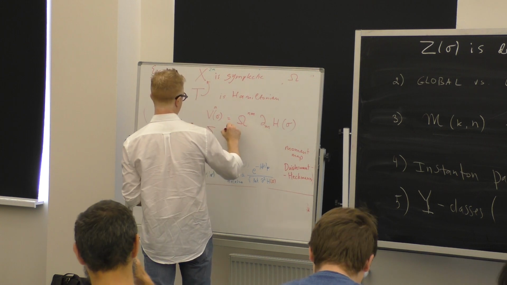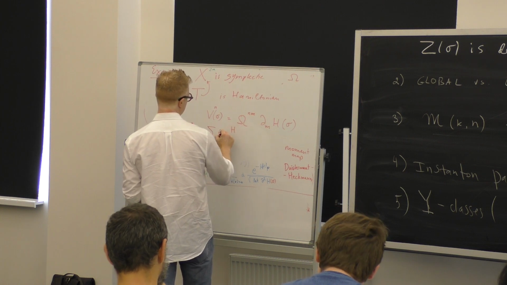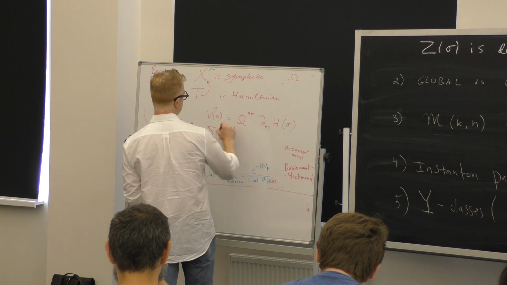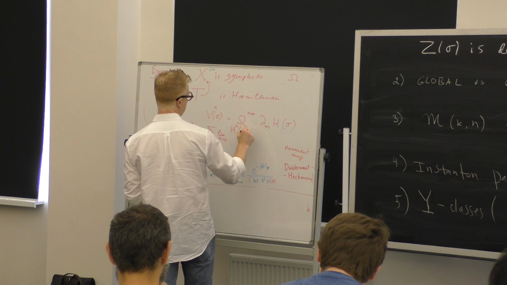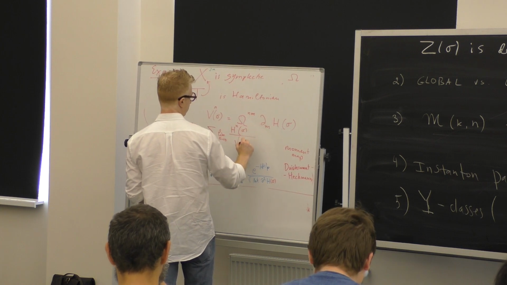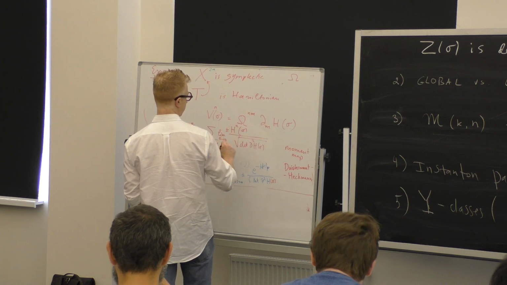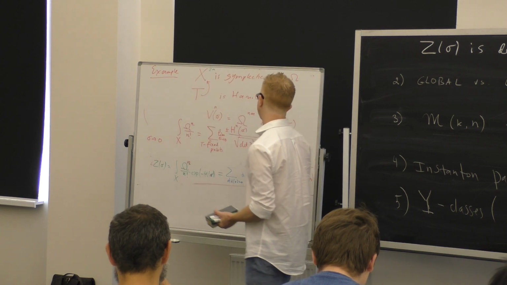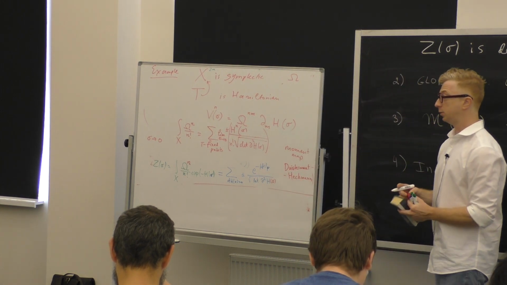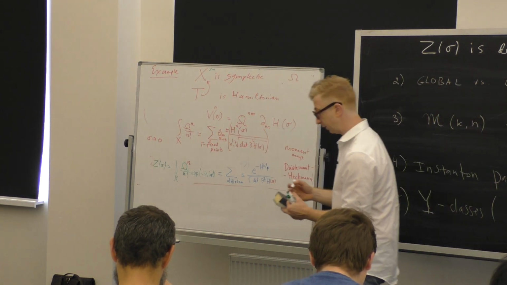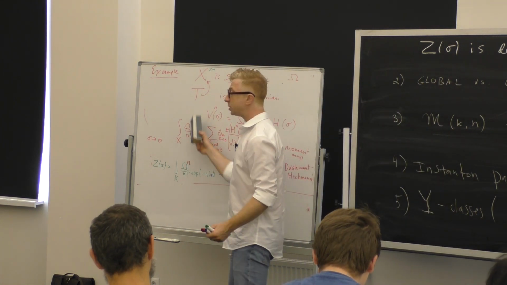And when you do things carefully, you will see that there's some limit when sigma goes to 0, which exists. And here you just have the nth power of the Hamiltonian divided by the square root of the determinant, again with a plus or minus sign, over n factorial. And remarkably, the sigma dependence drops out. I mean, it should for the left-hand side, because on the left-hand side we don't have it. And so what it means is that we computed the ordinary integral